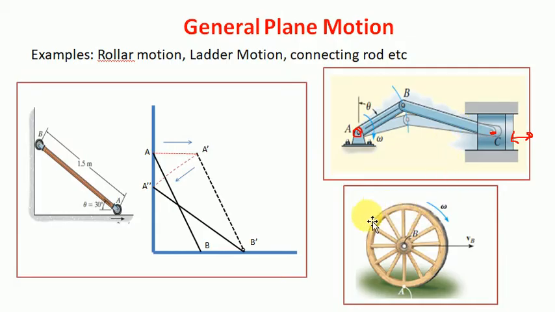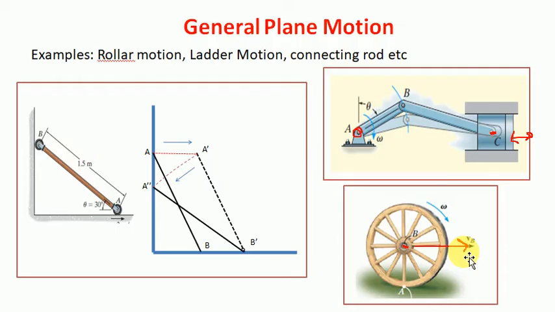Next is rolling motion. So whenever a roller rolls, what happens? If the roller remains in the same position, that means it is rotating about B. Now in case of roller motion, we can see this center is also moving, having translatory motion. Suppose a car is moving in a certain direction, in that case the wheel of the car is rotating about its center as well as covering some linear distance. So that means the wheel or the roller will have general plane motion, because the center or axis about which the whole wheel is rotating is also moving in a certain direction.